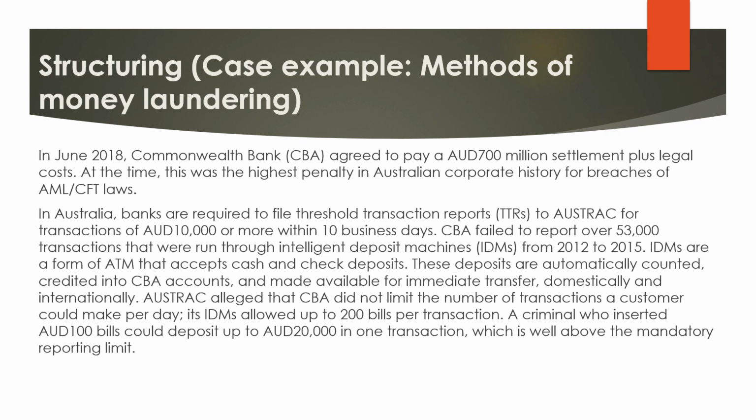Let's understand this with a case example. In 2018, Commonwealth Bank agreed to pay a 700 million AUD settlement plus legal costs. At the time, this was the highest penalty in Australian corporate history for breaches of AML/CFT laws. The Australian Transaction Reports and Analysis Centre (AUSTRAC) accused the bank of serious systemic failure to report suspicious deposits,